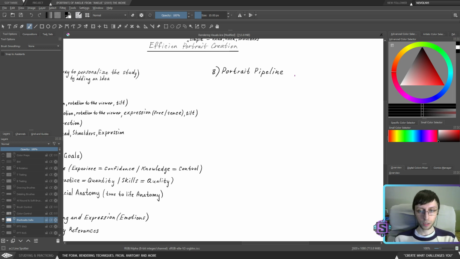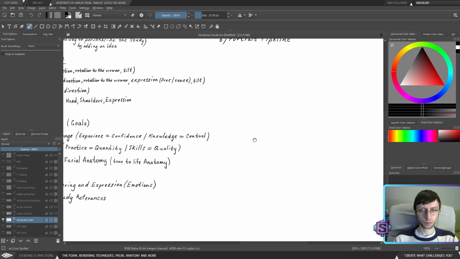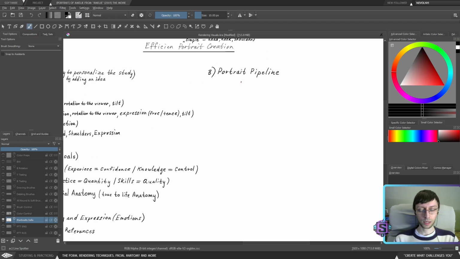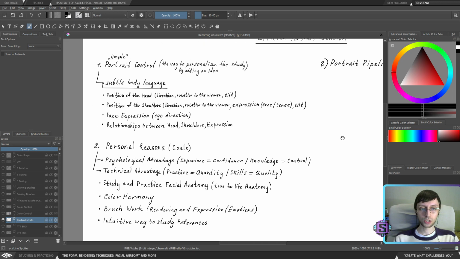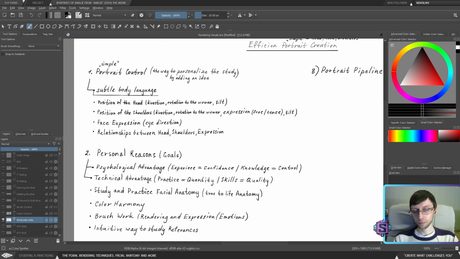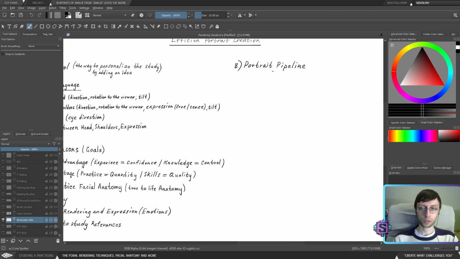Right now, in my mind, it's a little bit chaotic. All these three pieces are separate: I separated the portrait pipeline, I separated the illustration pipeline, and I separated the passes. We need to establish those and connect them together in order to actually control the portraits throughout the creative process. Because we're not going to be able to control any of those subtle body languages unless we figure out how to work with our pipeline, which will establish our step-by-step process, where exactly we're going to solve what problem.